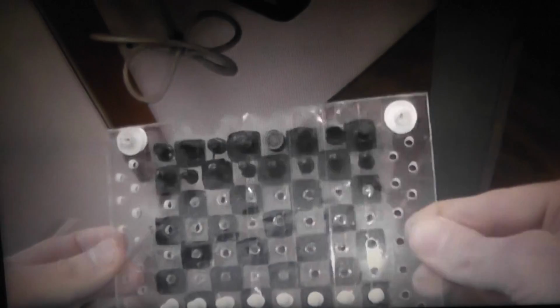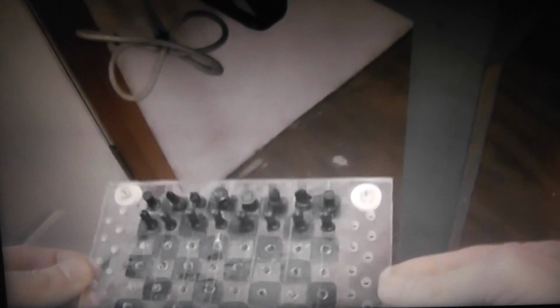If you happen to have any plexiglass lying around, you can do this, and it looks really nice to have. And I used to go to these little chess tournaments and stuff like that, and it says bring your own board, BRB. But if you make multiple chess sets, you can bring a few extras around, and you'll have some of your friends play around in a cafe or something, and have a good time. Anyways,